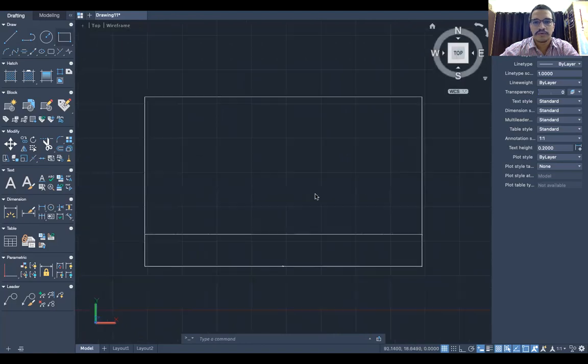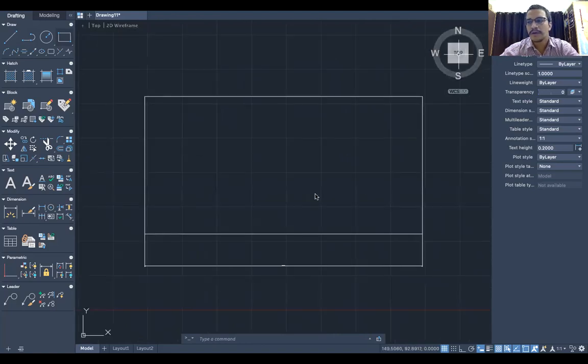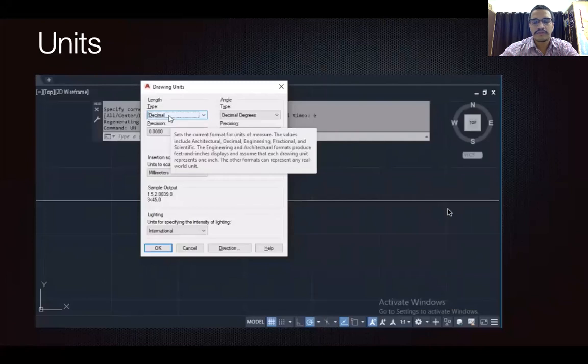All right, I hope you understood the units part. I've told you in both the Windows user interface as well as the Mac user interface how you can set the unit and what the different options available to you are, because it is very important before starting your drawing.